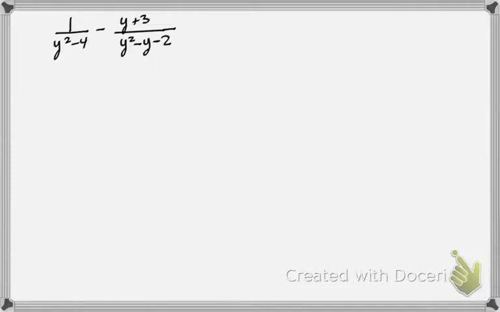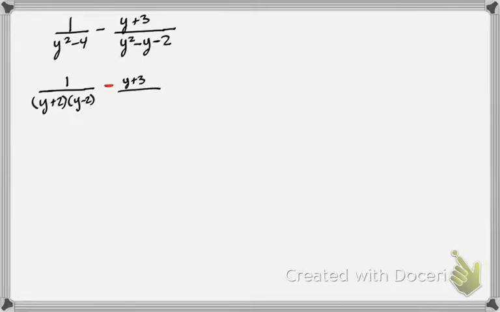So it's 1 over y squared minus 4, minus y plus 3 over y squared minus y minus 2. Okay. Step 1, I have to factor. 1 over y plus 2 times y minus 2. I've got my minus, and then we've got y plus 3 all over